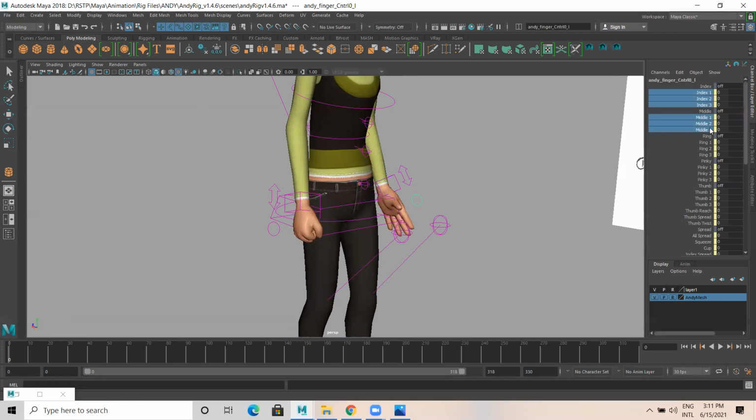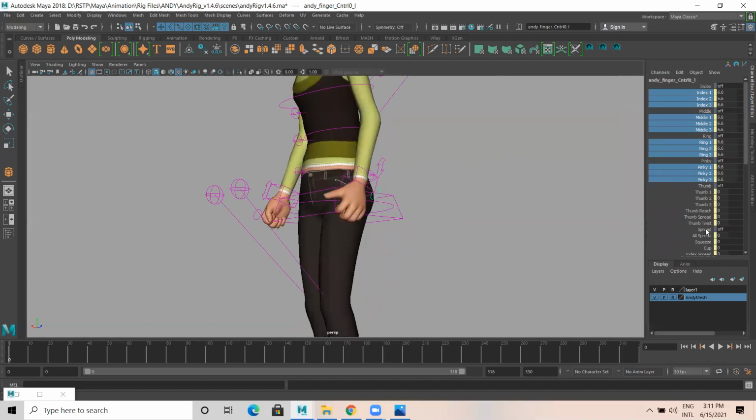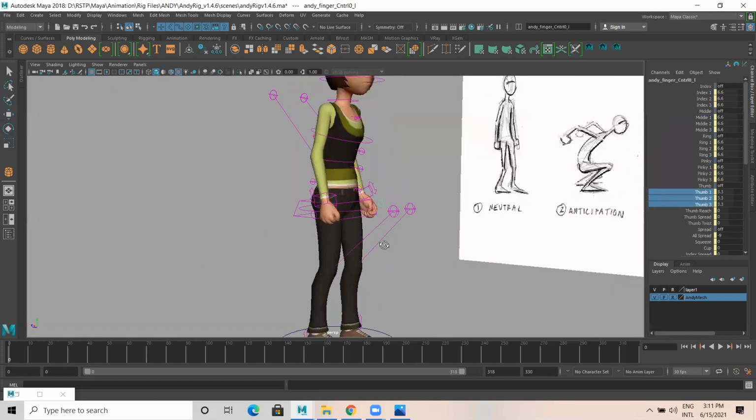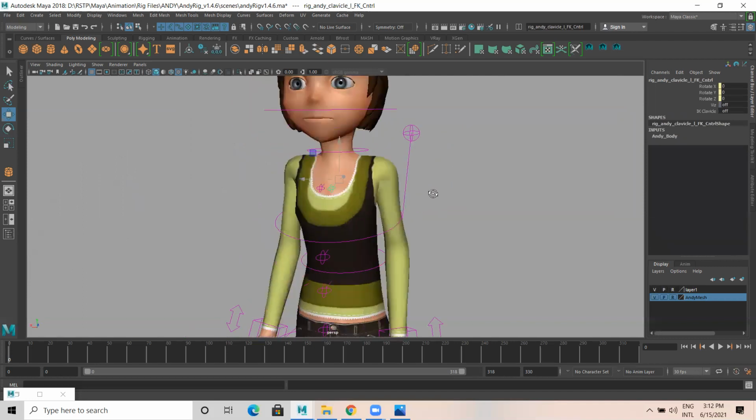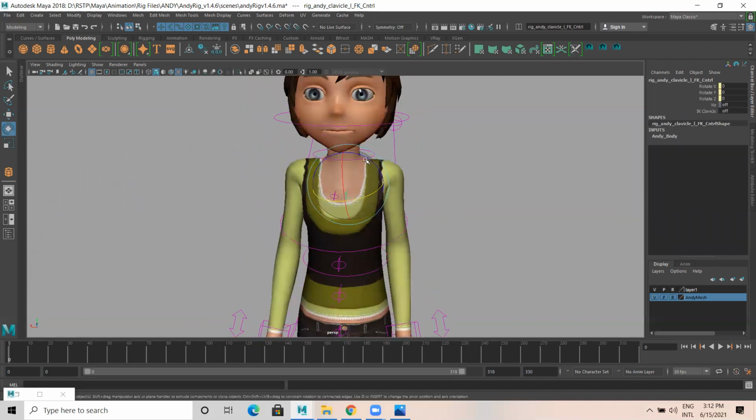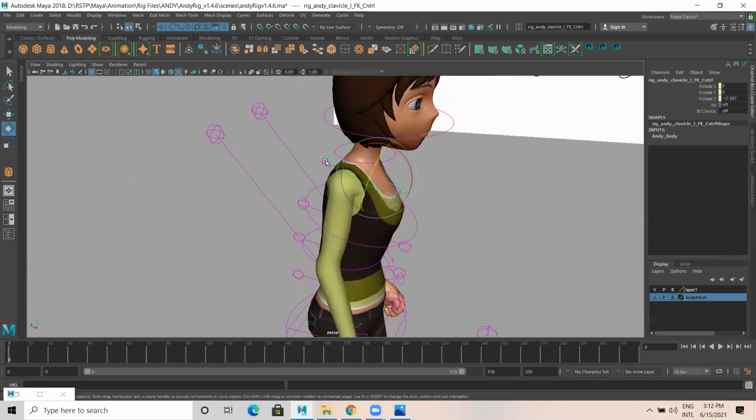Index 1, 2, 3, middle 1, 2, 3, ring 1, 2, 3, pinky 1, 2, 3, and spread, all spread. Then the thumb 1, 2, 3. It's like this. Then if you observe the clavicle part, it's like this, a little bit relaxing.